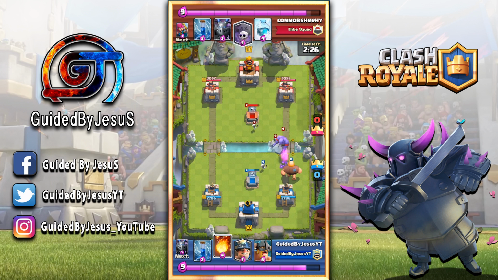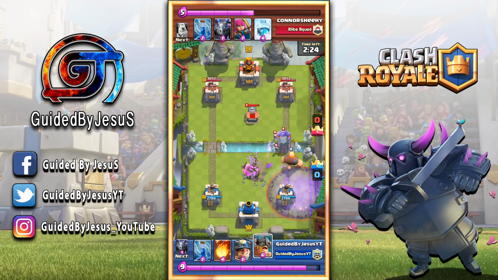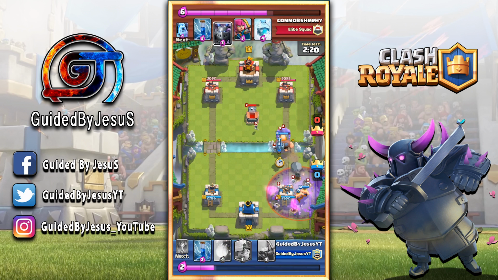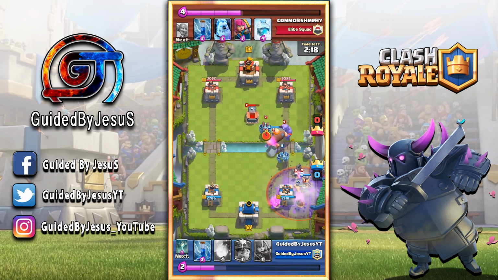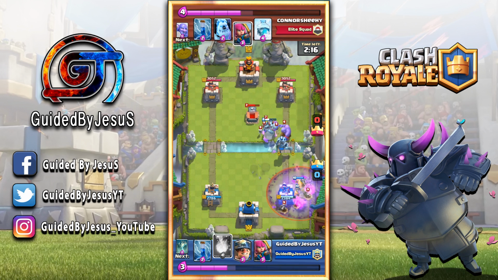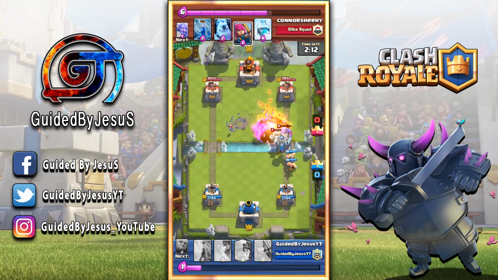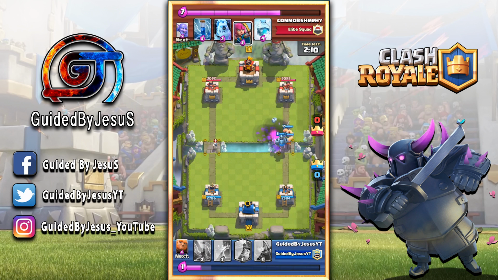So as you guys can see, my opponent here is a level 11, and he is using the Bowler Graveyard deck, and this is a very strong deck. I use the Elite Barbarians here to counter this Graveyard, and that was very good because now I have Elite